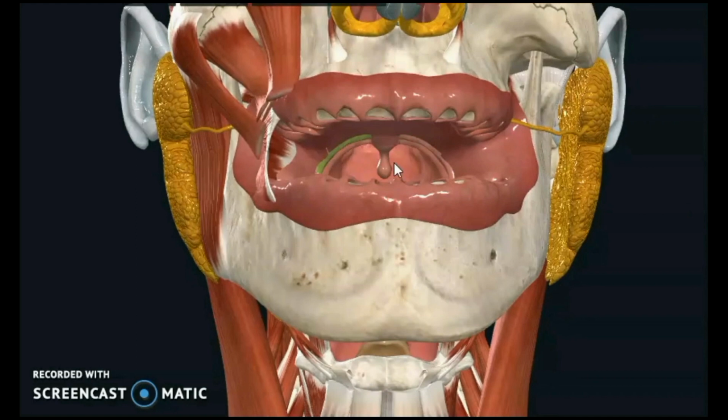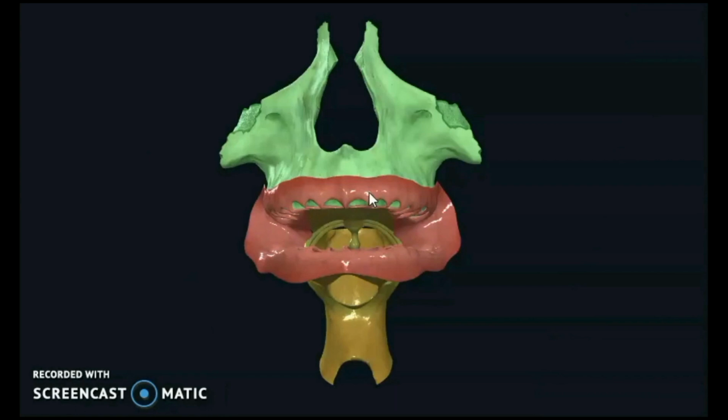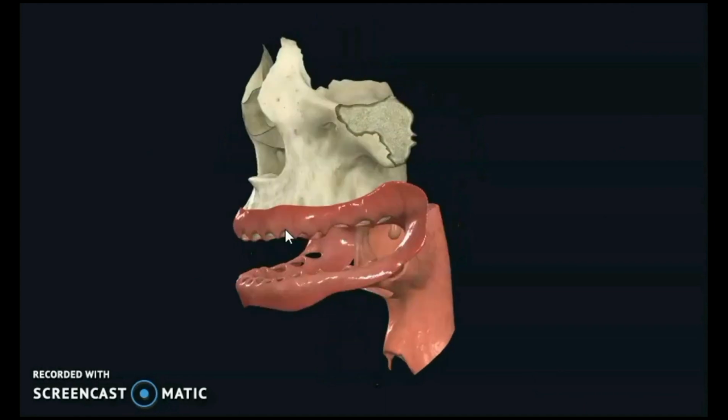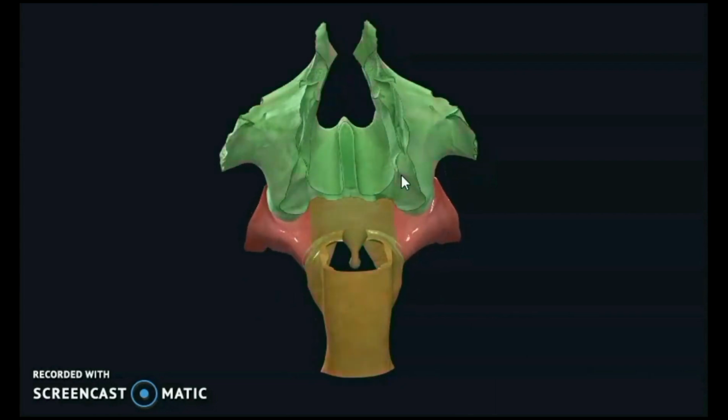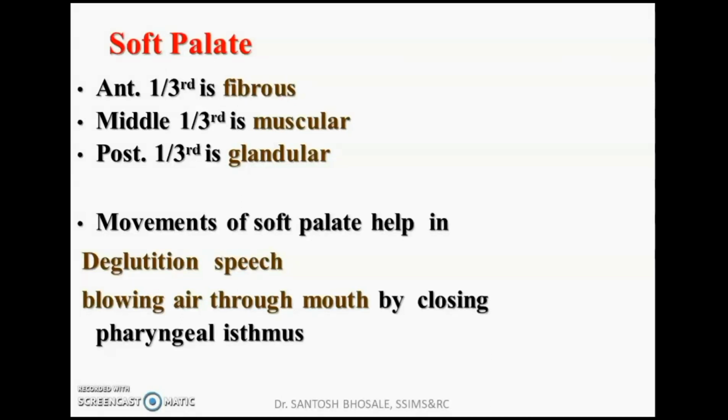and those are the muscles of soft palate covered by mucosa. It also has a fibrous framework with palatine glands. That's why it is defined as fibromusculoglandular curtain. So you can see here that the anterior 2/3 is hard palate, whereas posterior 1/3 is soft palate, and it runs downwards and backwards, separating the nasopharynx and oropharynx. So as I told you, the three structures: anterior 1/3 is fibrous, middle 1/3 is muscular, posterior 1/3 is glandular.